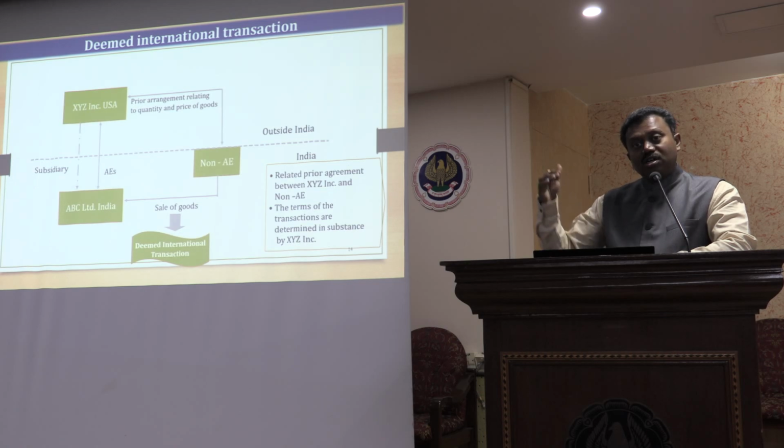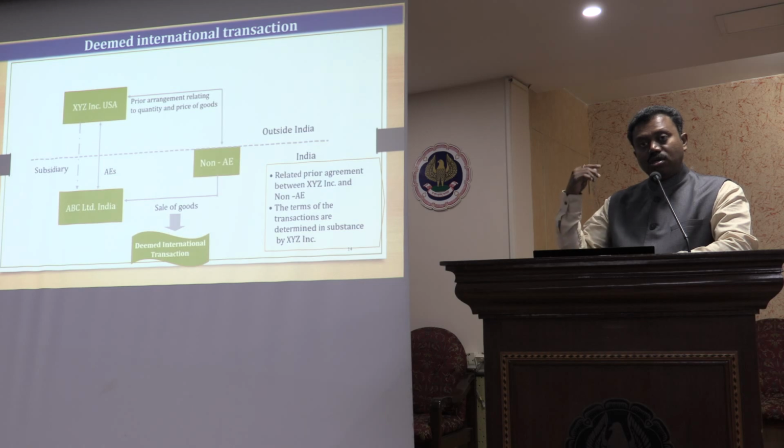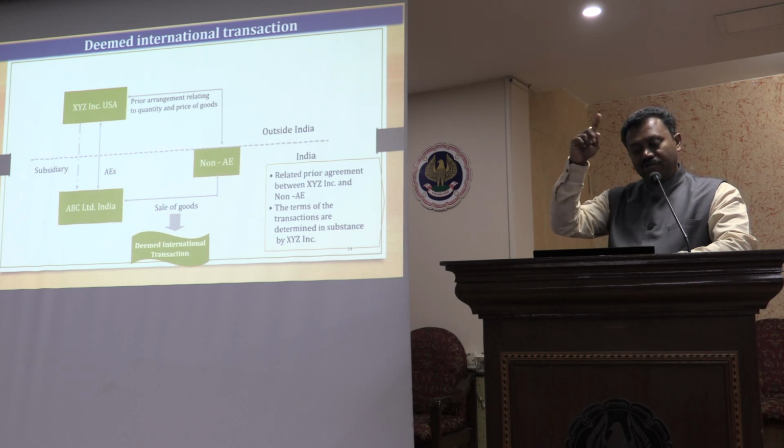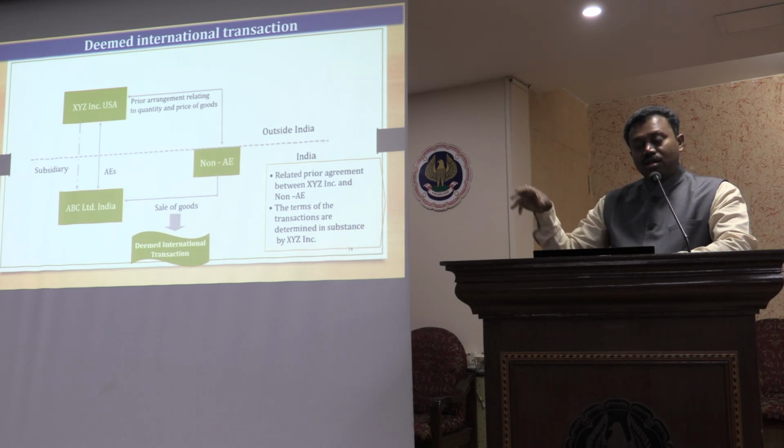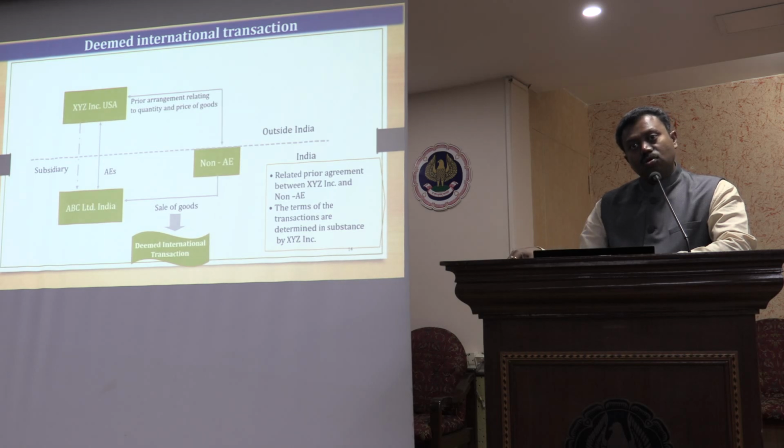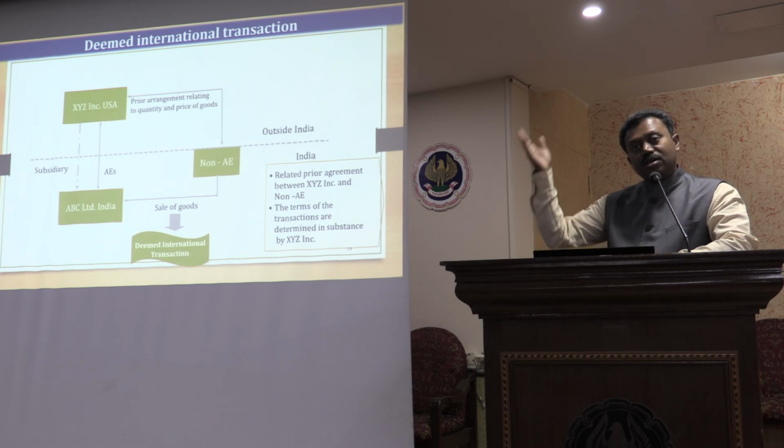So although the transaction is within India, because there is a prior arrangement between XYZ and the non-AE, the within-India transaction has also been treated as an international transaction, and hence the deeming fiction is created, telling that it is deemed an international transaction. Why is that? You are in Karnataka, you are buying from Andhra, but the Andhra entity is already influenced by